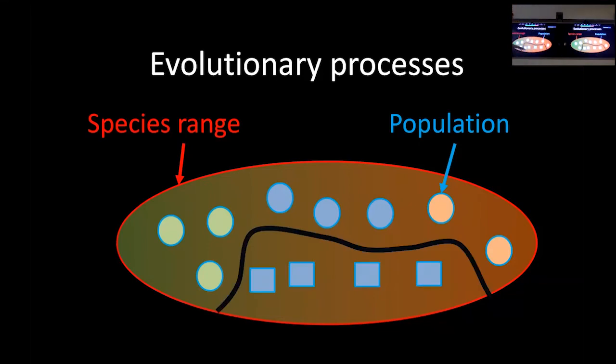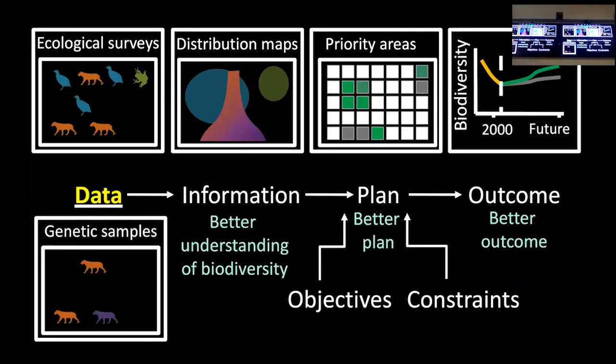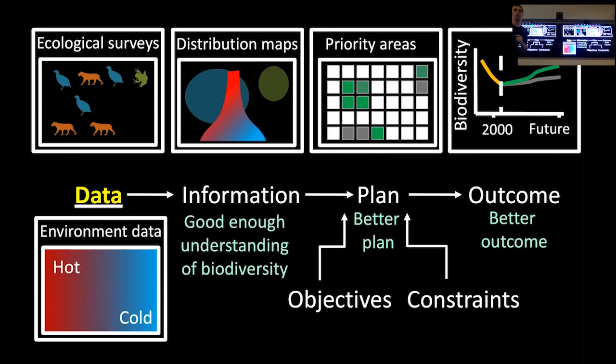And we also might find if there's a dispersal barrier like a mountain range, then that'll cause neutral genetic processes that will mean that these populations become differentiated from the other ones. So if we wanted to conserve the full spectrum of within species variation, we want to be getting the different types of local adaptations, but also getting different evolutionary units too. And so ideally we'd have genetic data to do that, but we don't always. And so of course, if we have this genetic data, we can use that to create our plan, give us an outcome. But if we don't have genetic data, then maybe we could use environmental data.